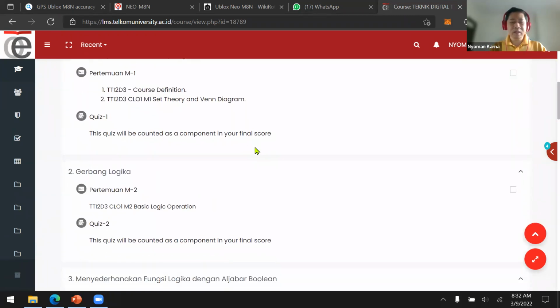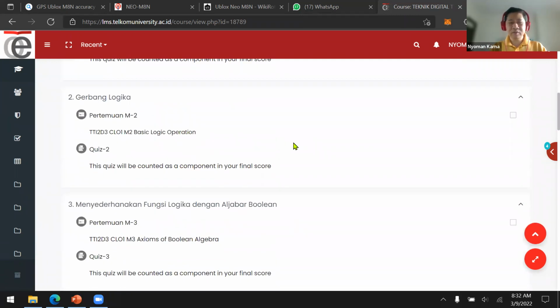So today is our third class, and we're going to discuss Boolean algebra. Last week we discussed the logic gate. We explained that a logic gate is basically a function where we can build this function using a specific combination of transistors, especially digital transistors.